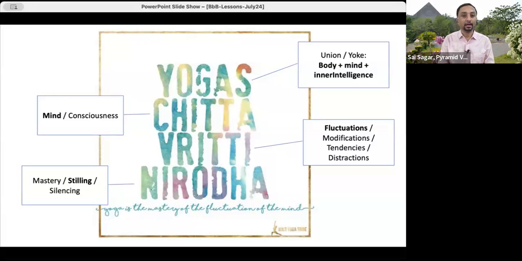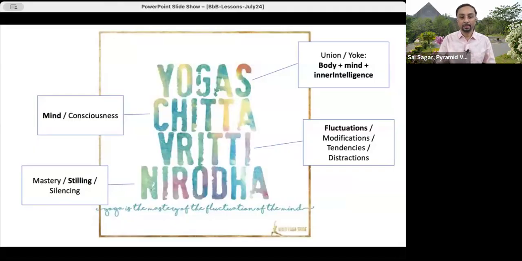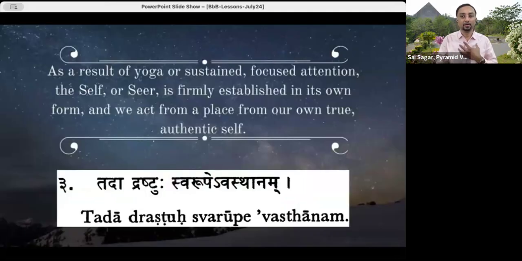It talks about your mind. It talks about how to control your mind, how to silence your mind, and what happens when you silence your mind, right? All the powers. So it talks a lot about it. And why do we rest? Why should we still our mind? That is when to rest in our true self, to be with our intuition. Yesterday we learned about intuition. To be with our true self, to be with our own intelligence, to understand why we are here, to understand what we are supposed to do.